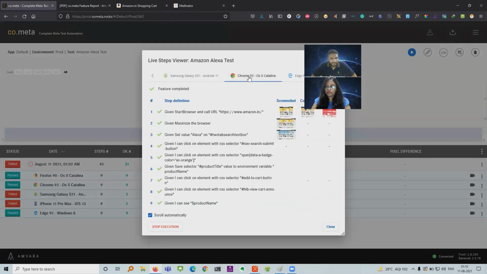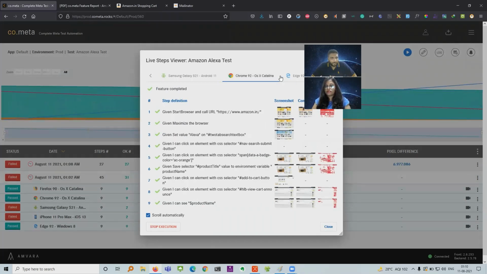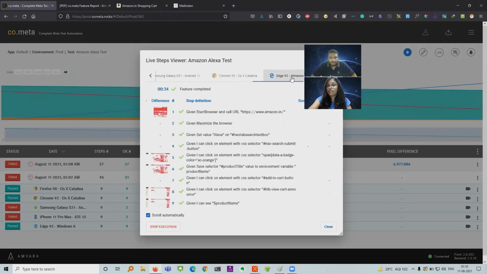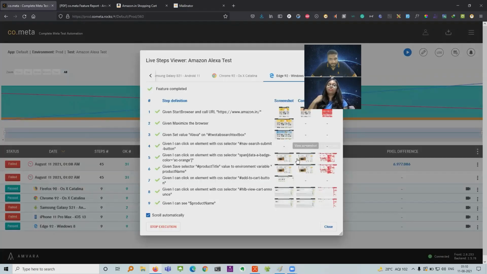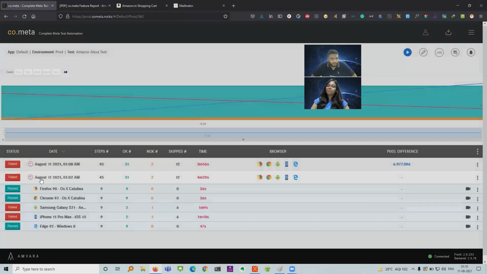And I guess this time also it has passed on this Chrome and all. And yeah, if you see here, we can see the pixel difference, which is making a lot of sense. It's comparing the first run and the current run, and then it is giving the difference. Yeah, so this time there are some differences because of the difference in how it's executing, and I'll close this.